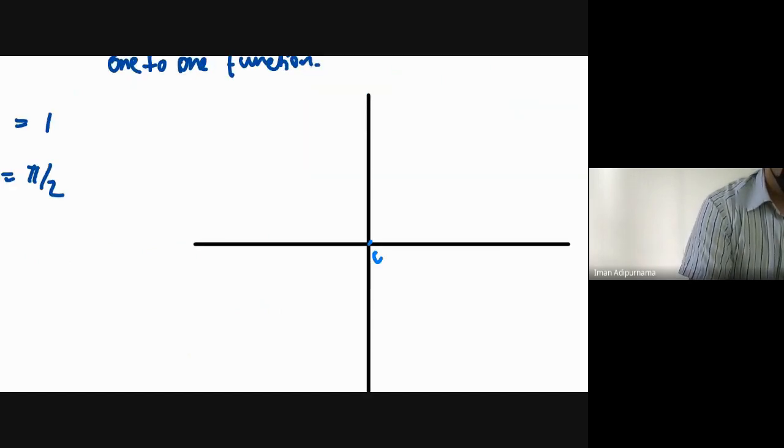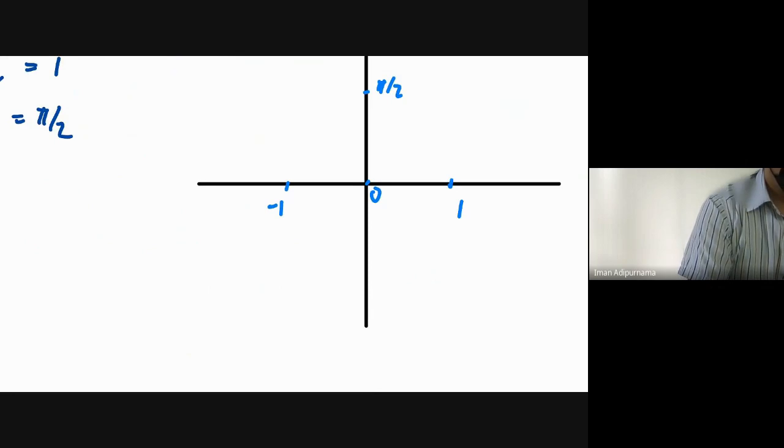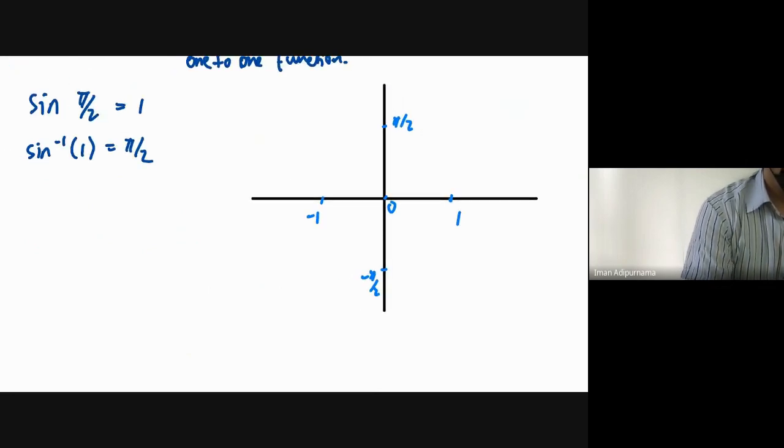So this is 0. Let's say this is negative 1. This is 1. And maybe pi over 2 is here, and negative pi over 2 is here. The sine inverse of 1 is pi over 2, maybe around here. And sine inverse of negative 1 will be here. And if you check all the points here, you can check the